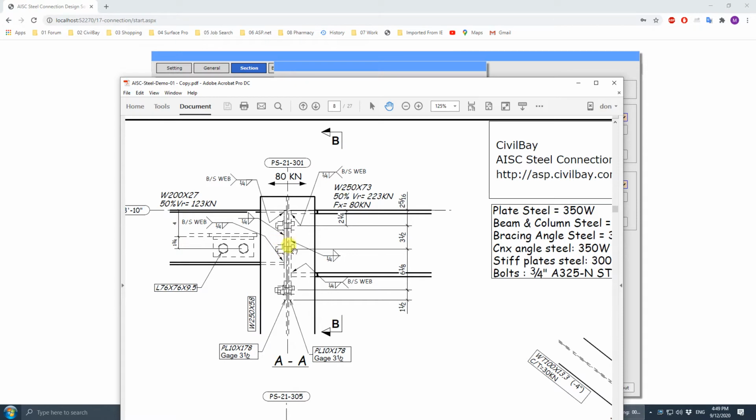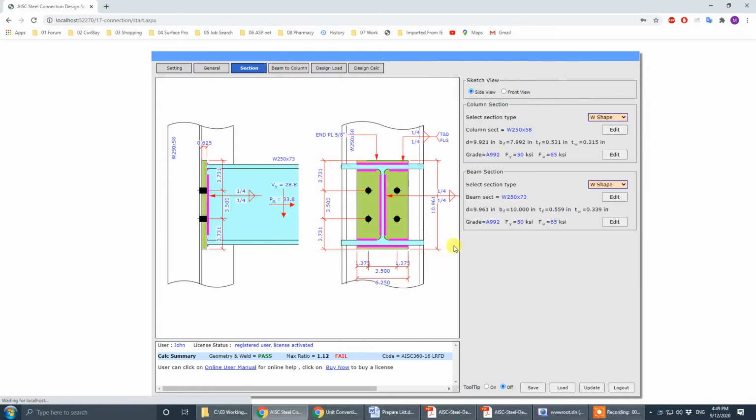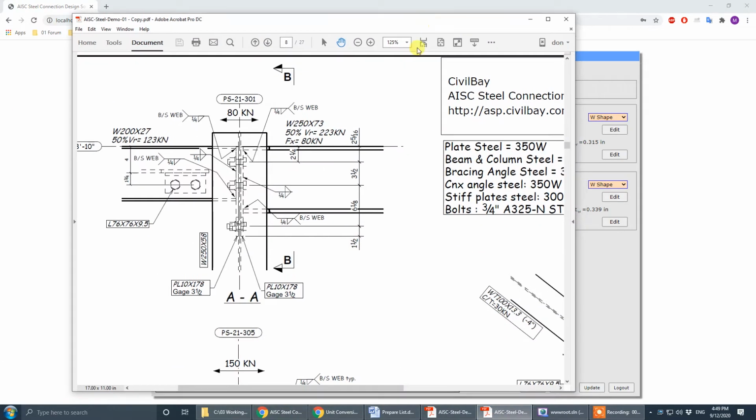Okay, that one 10 to v-axis, still the same size of column. All right, so 250 by 73. Okay, and now it's 2 rows, 3.5, no change. Everything is no change. Okay, 2 rows. Oh no, there's one more row